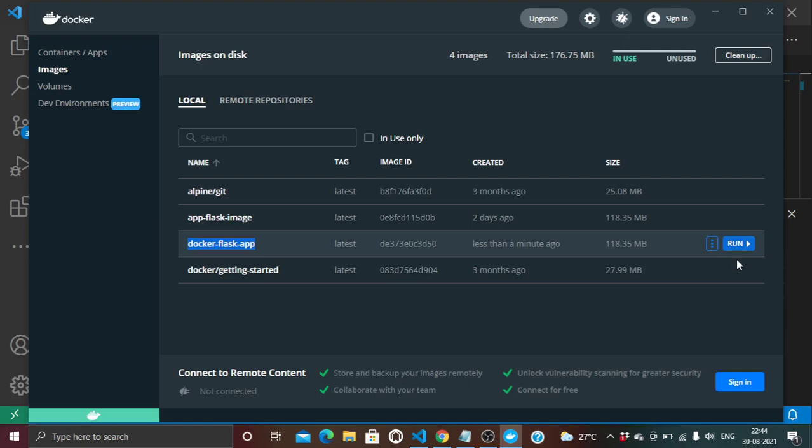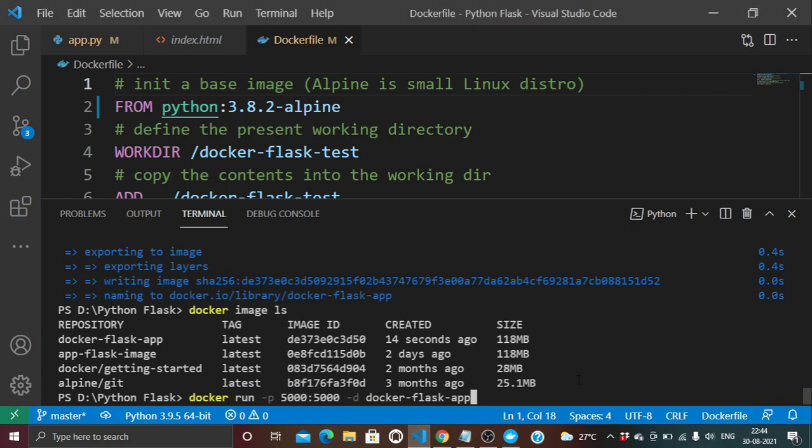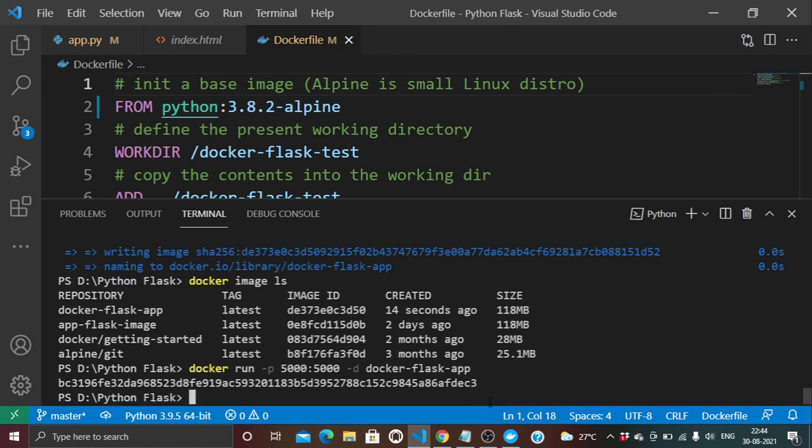Over here we have a Run tab, and from here you can also remove it. After that, as we start running it from there, it will give us three or four options. We'll see that also. We have just corrected our image name, docker-flask-app. Hit enter, and this is that container, and this is our container ID.